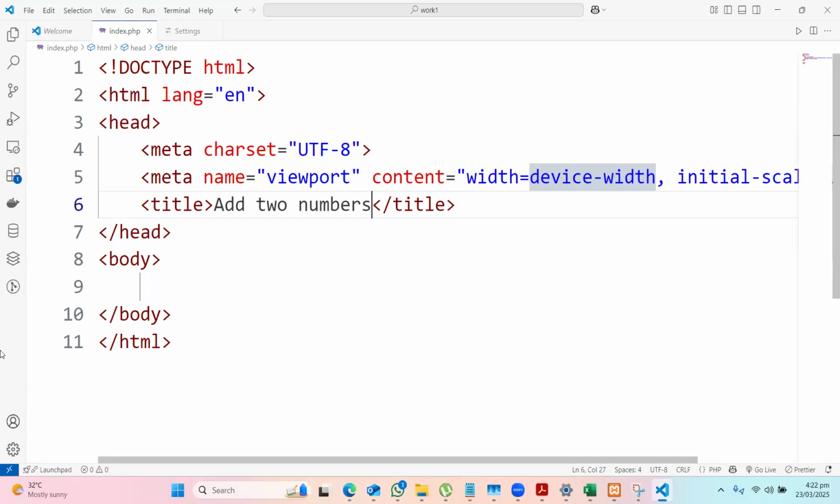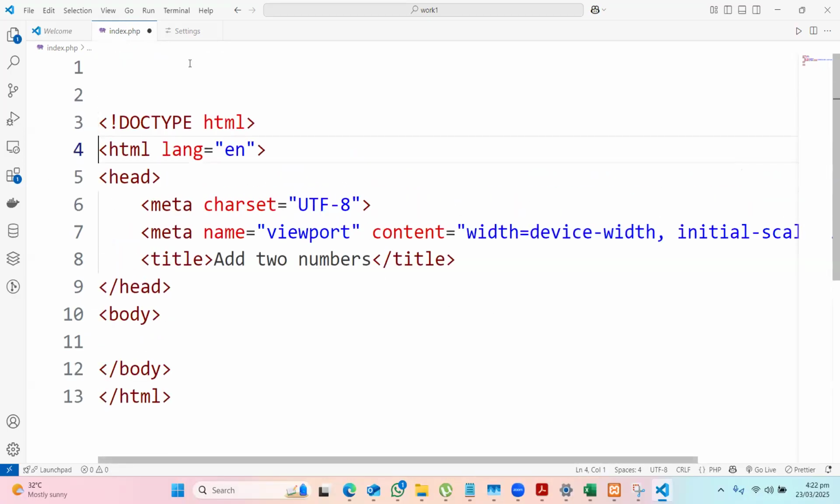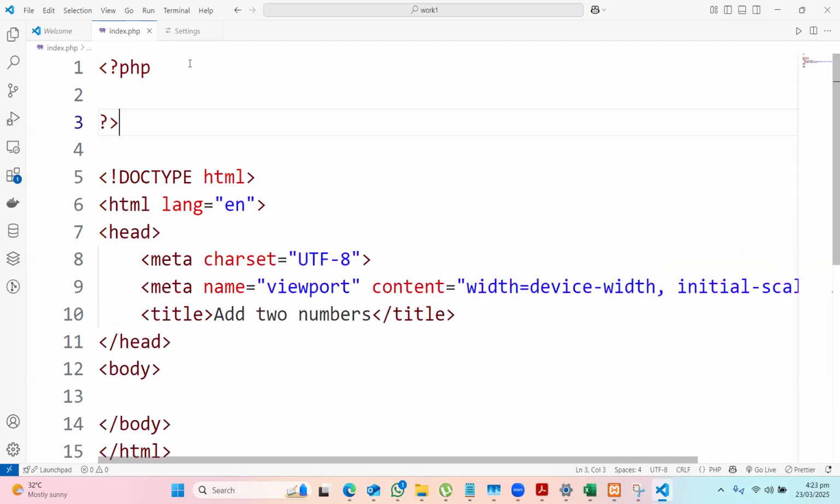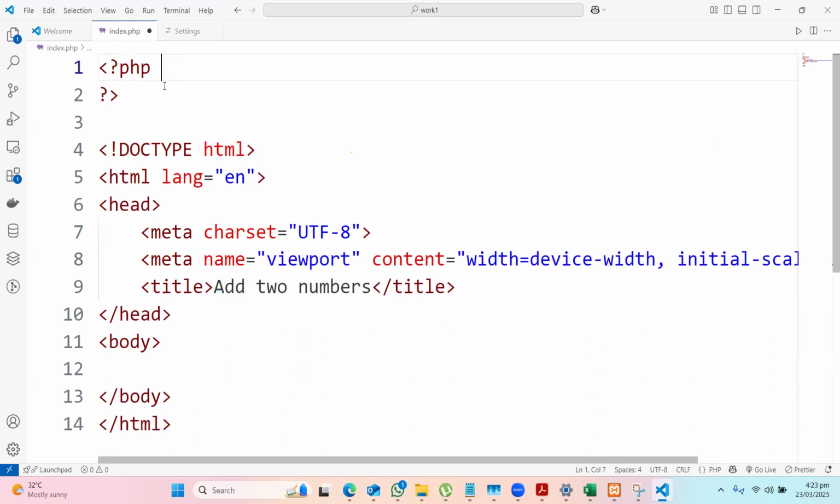So I'll start writing my code from here. I'll just create some space, and then I'll tell the computer that the code I'm about to write is PHP code. How will I tell the computer that? By bringing the PHP tag. So I have the open tag and the close tag. So this is the open PHP tag, and this is the close PHP tag. Now, in here, I have to type in my code over here. So I'm going to say